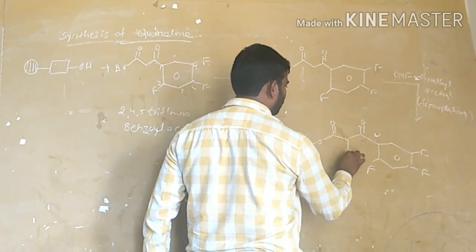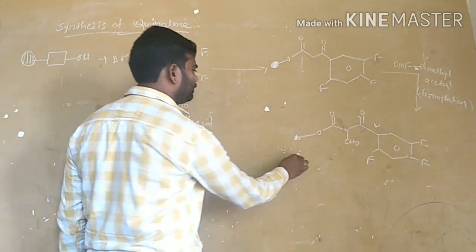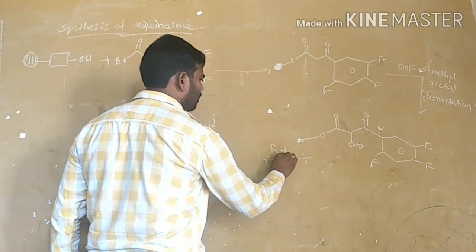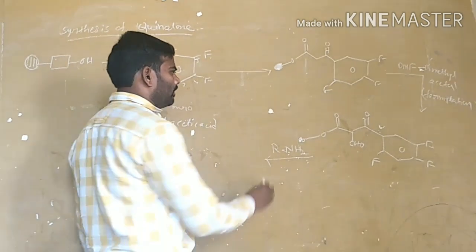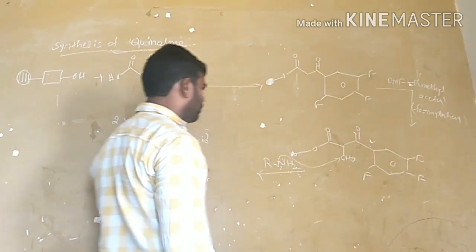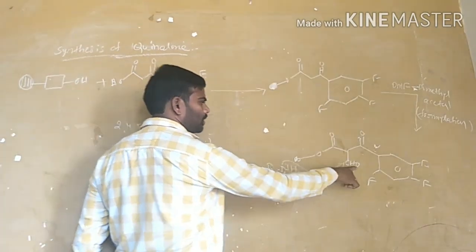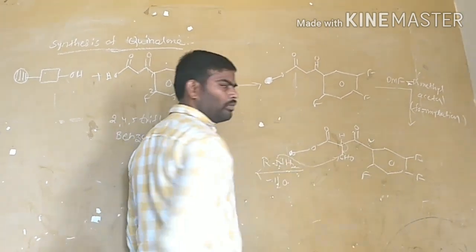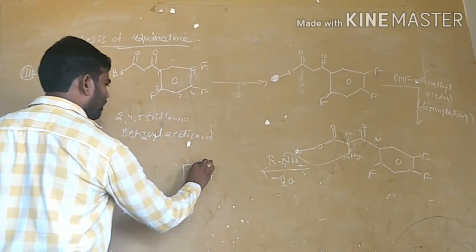Here a formyl group is added, the formylation. After this it is treated with RNH2. Here, by the loss of a water molecule, minus H2O, the hydroxyl group is formed, and from here this OH group, the total water molecule, is lost from there, producing